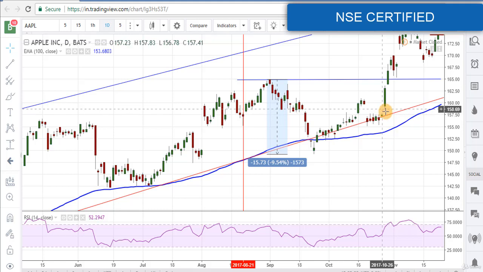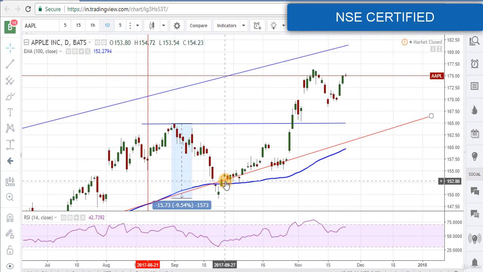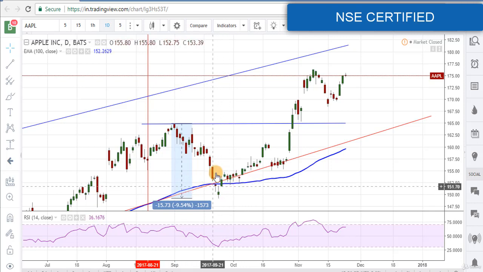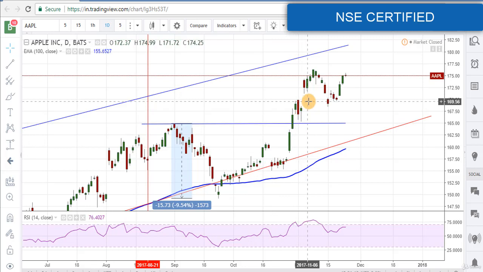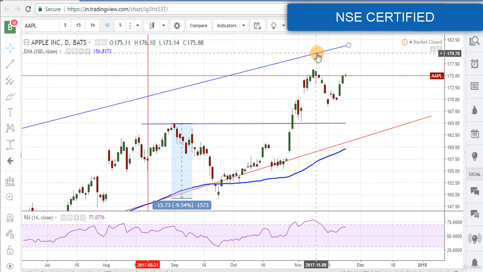Now price is struggling at this trend line or moving average after getting a breakout here. You can see we are getting a breakout. Here also we are getting a breakout. Now this is our buying position. And we could also buy here with the stop loss at the low of this green candle. So this was our potential entry point for the stock and we can see now it is rising in an uptrend.